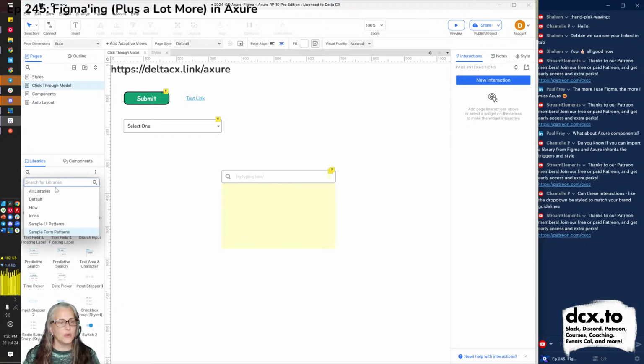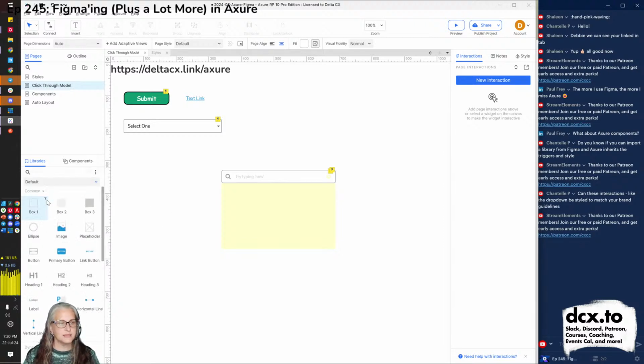But my main point for this lesson was that when it comes to making the types of click-throughs that you're used to with Figma, it's really easy in Axure. And that in many cases, the things you're used to being a click trigger type of thing, like a drop list, don't work that way in Axure necessarily.